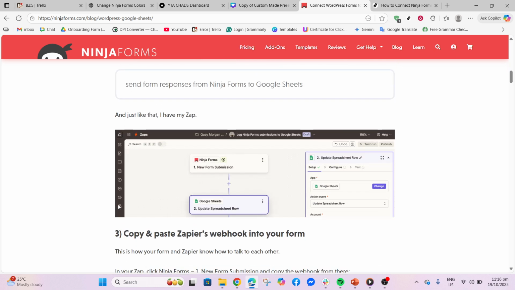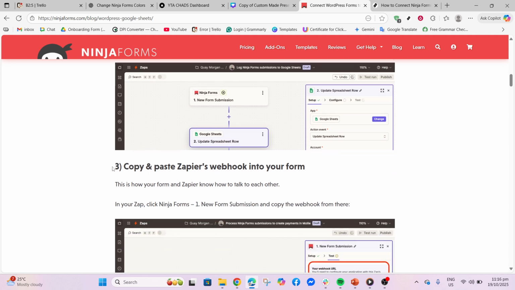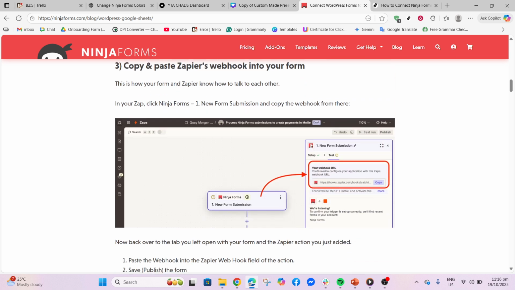Use the AI Zap Builder or the Standard Builder and describe your goal: send form responses from Ninja Forms to Google Sheets. Zapier will generate a trigger using Webhooks by Zapier and give you a unique webhook URL. Copy that URL. Head back to your Ninja Forms tab and paste the webhook into the Zapier webhook field of